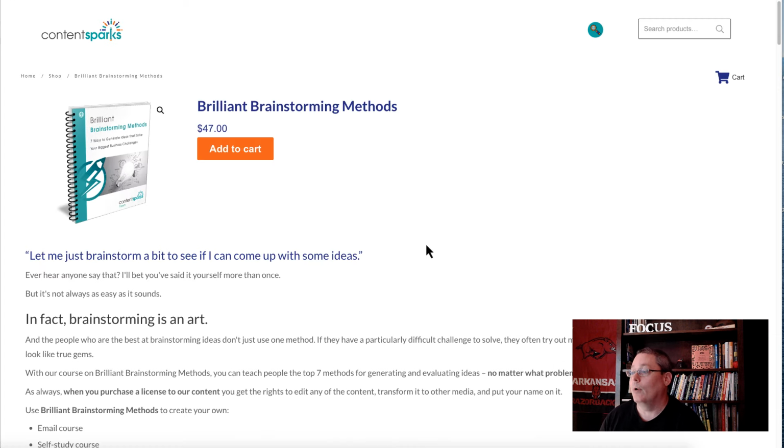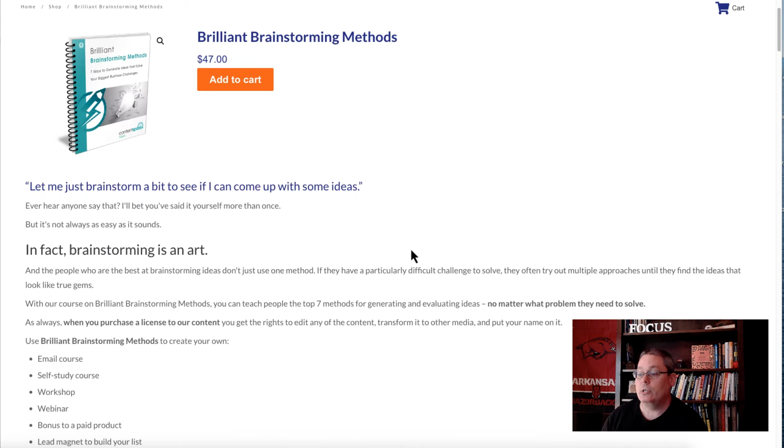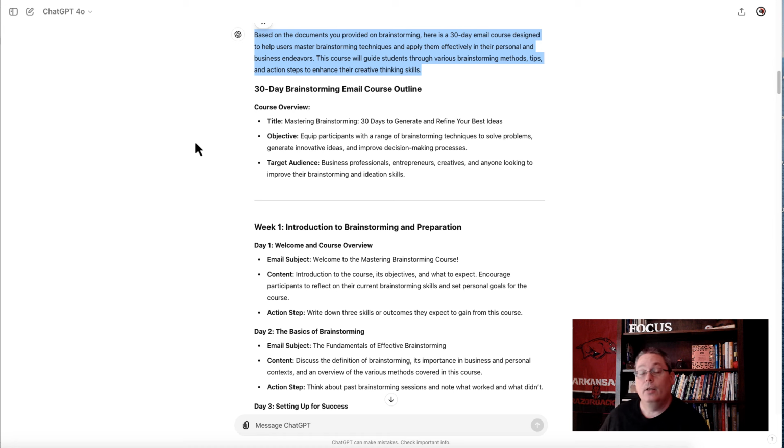Of course, that's the brainstorming information here that, just like over at Content Sparks, they say a great way to use this PLR is to create an email course. So utilize an email course using this PLR, the docx's that you have. All you have to do is give it this prompt, and it's going to come back and say, based on